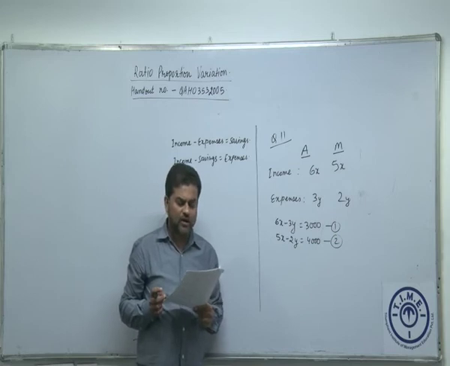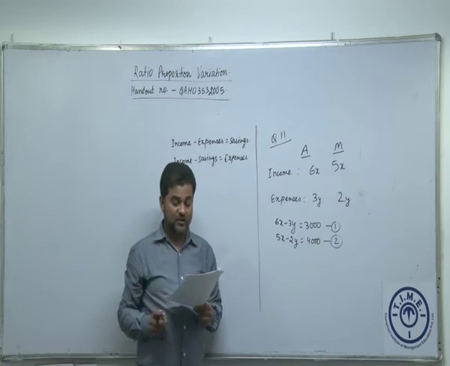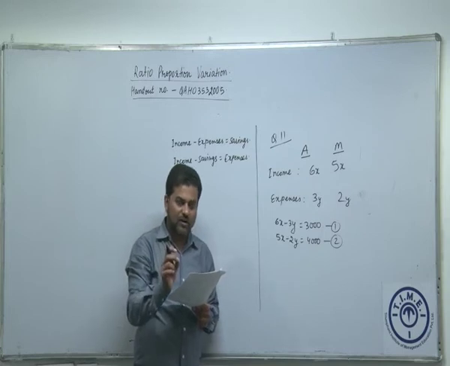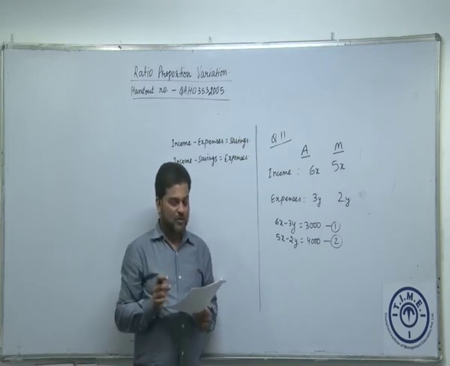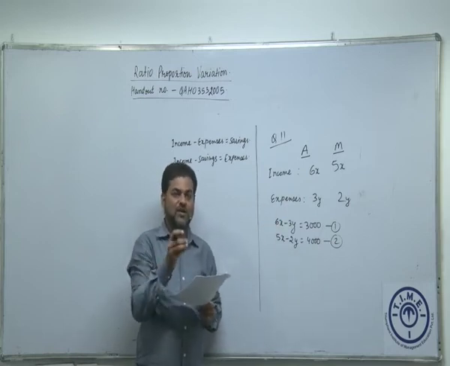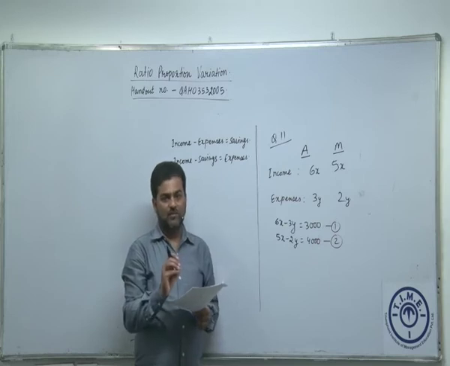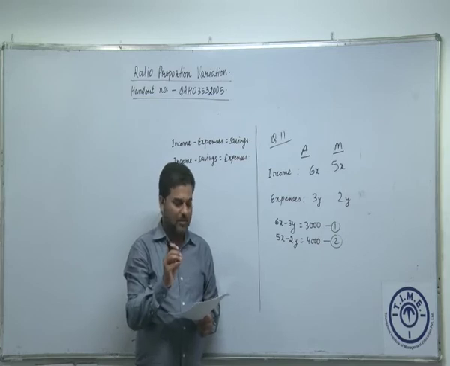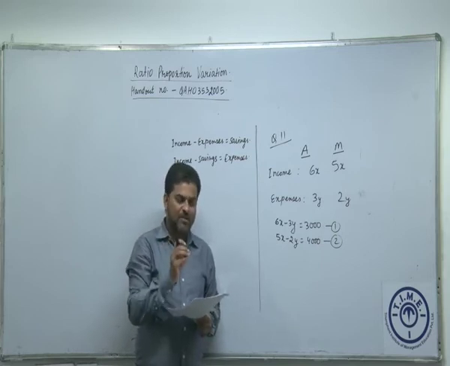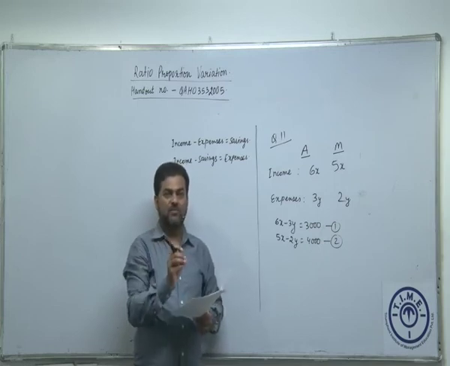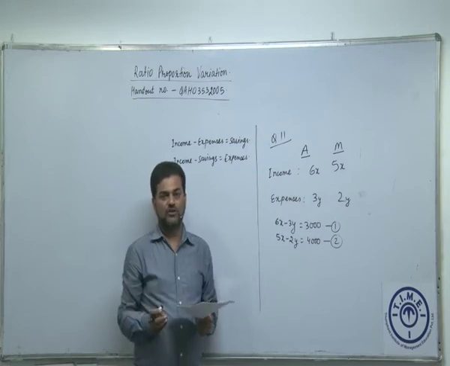Okay, have you noticed one thing in the question? It is saying incomes of Anil and Mukesh are in the ratio 6:5. Okay, and their annual expenses are in the ratio 3:2. So it is not specified for the income whether it is annual income or monthly income. So how do we get to know that the ratio is 6:5 only and not something else? See whether it is monthly income or it is annual income. If it is monthly income, what do you need to do to get the annual income? Multiply by 12, but that multiply by 12 will be multiplied in both the terms, right? And we have seen in the beginning that if you multiply the same number to both the terms, the ratio is not going to change.